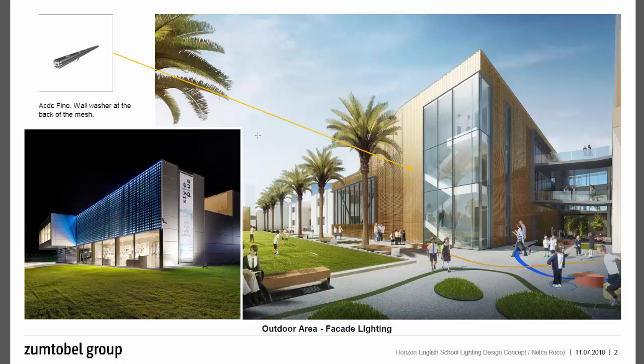I hope you can see my mouse. So this is the rendering image of the architect, and this is my proposed fitting, because this is the concept that he wants to achieve. So it's like a mesh, and he wants to put a luminaire inside the mesh, so it will be like a glowing effect from the inside. So I suggested a small linear LED floodlight. So this is the one. And if you are confident about the product, yes, you can immediately suggest this one. But if you're not, run a small calculation so you will check if it's really going to give the effect like this one or not.